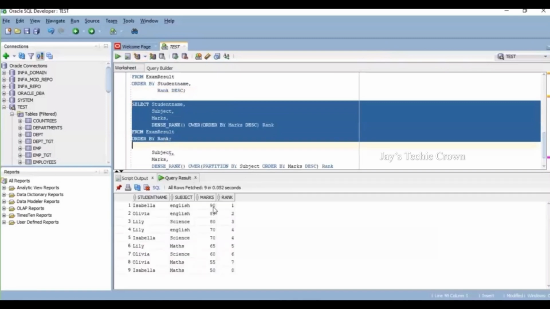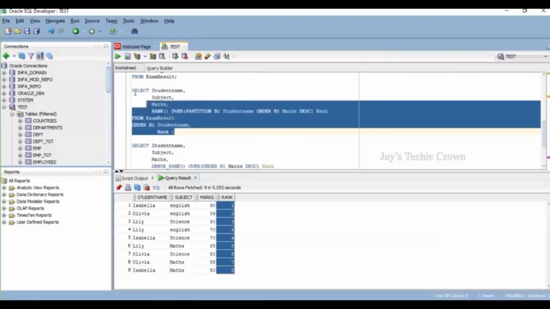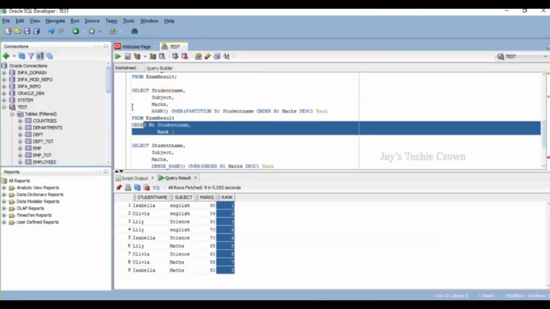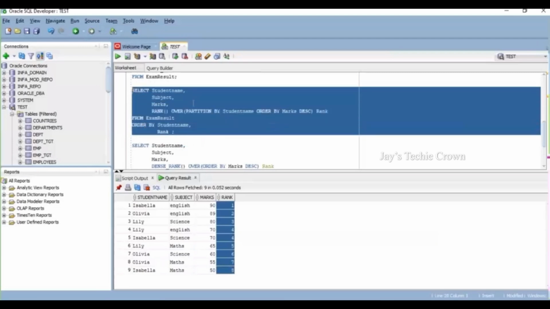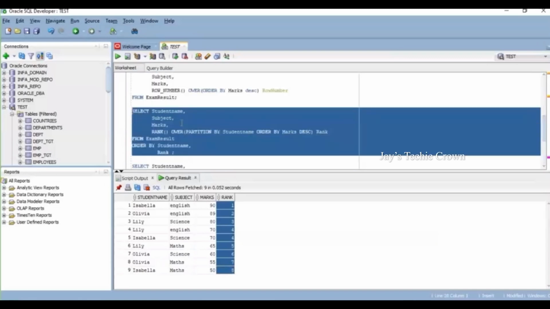So here you can see 1, 2, 3, 4, 5, 6, 7, 8 in sequence. Let me remove this part and run the top query with the rank function. It does not have partition by, instead it had only order by. So let us go over here, order by marks.